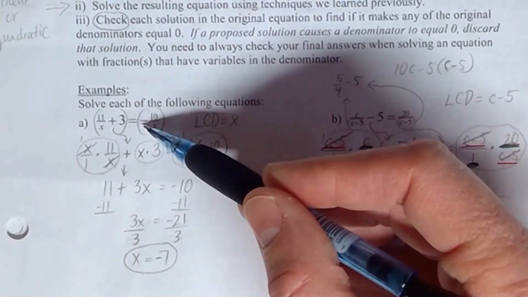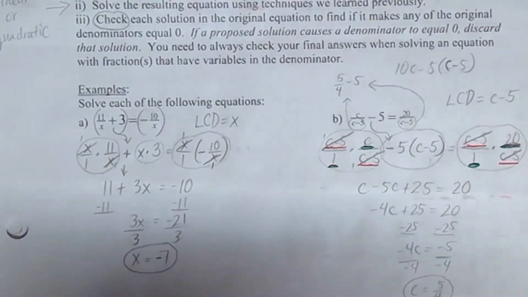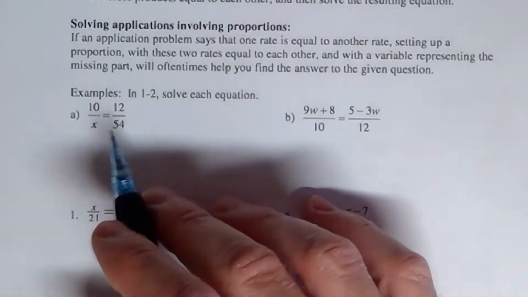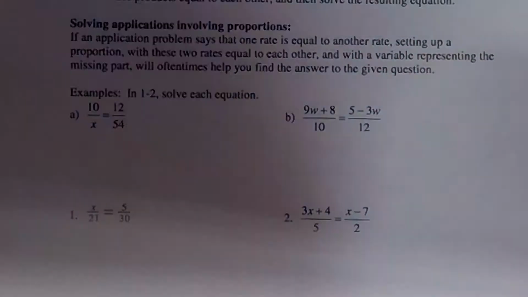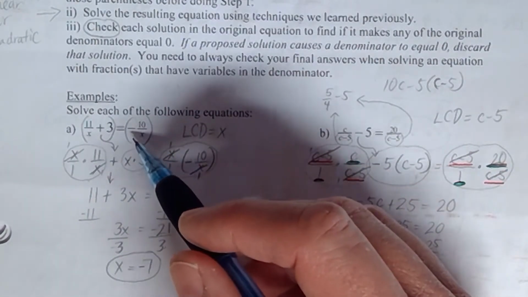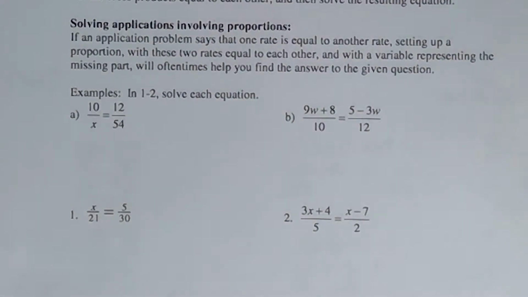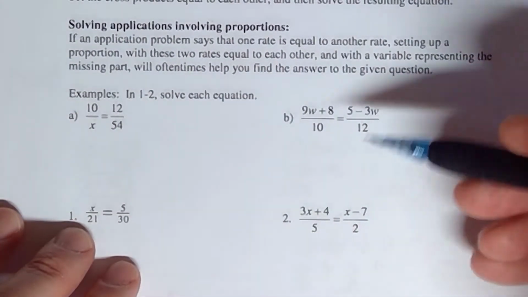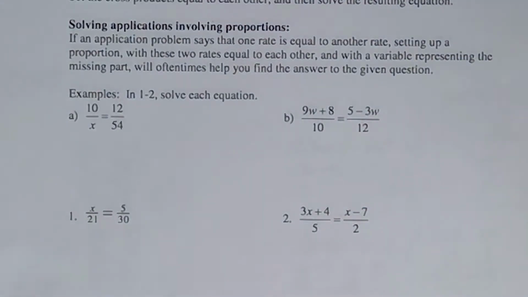We had a minus sign here. We had a +3 right here. We had a -5 right here. So it wasn't just a single fraction on each side. If you have just a single fraction on each side with nothing else, and even a minus sign that's outside of the fraction doesn't count for what we're going to talk about here, even if they're big fractions like these here, what you can do is a shortcut, and that is